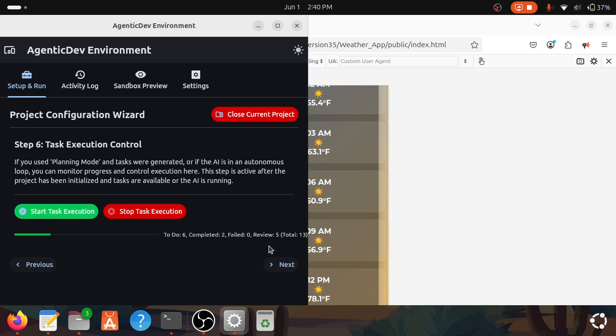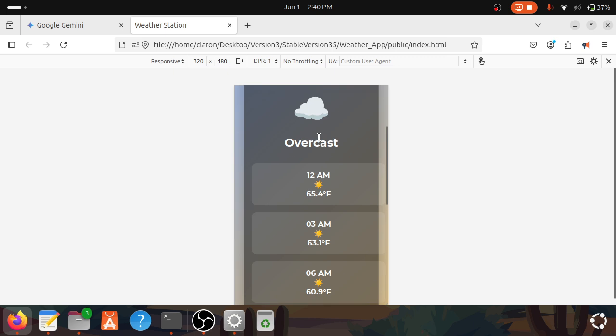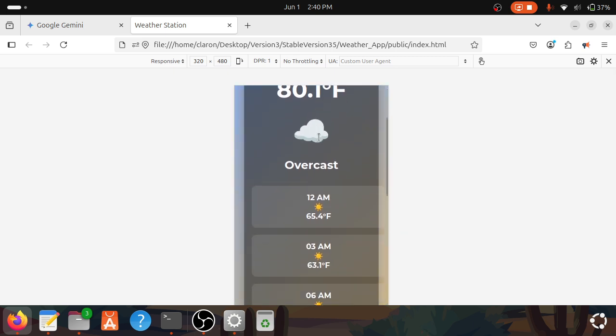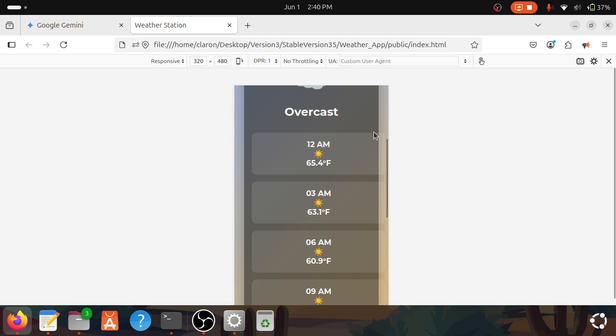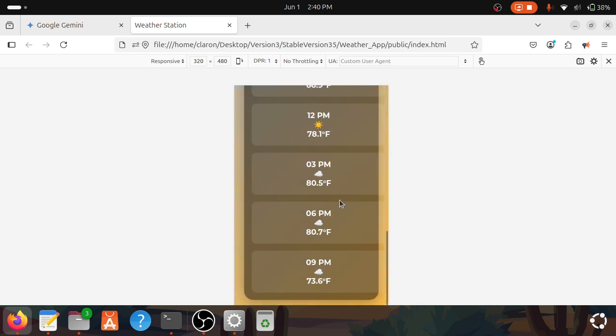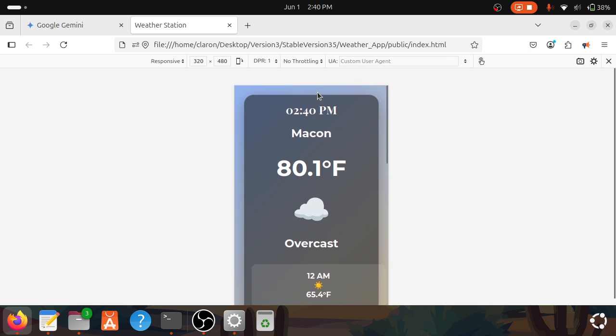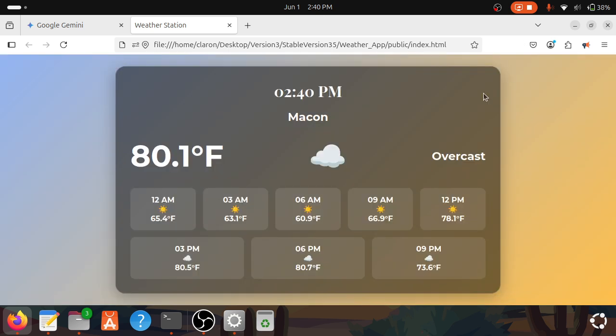Yeah, so it's done. I need to focus on these reviews, and that way we can get this development process all the way to 100%. Still looks great. Those review tasks that failed would have fixed these small issues here. Nothing major, but like I said, the goal is to create exactly what the user is asking for and then let them go back and refine it once it's built them the working piece. So I'm going to go ahead and work on these review tasks. That's a weather application. In the next one, we will create a personal